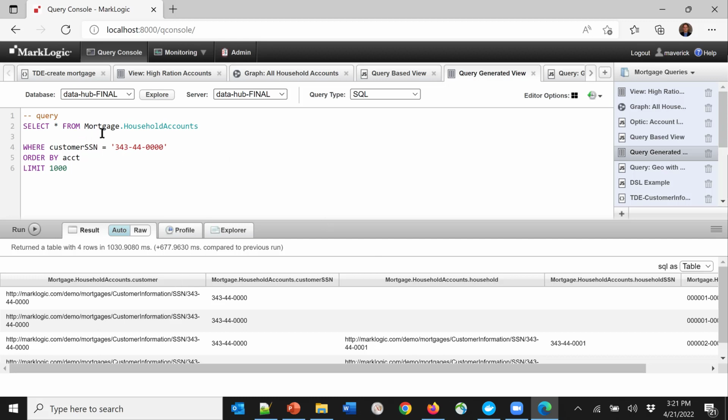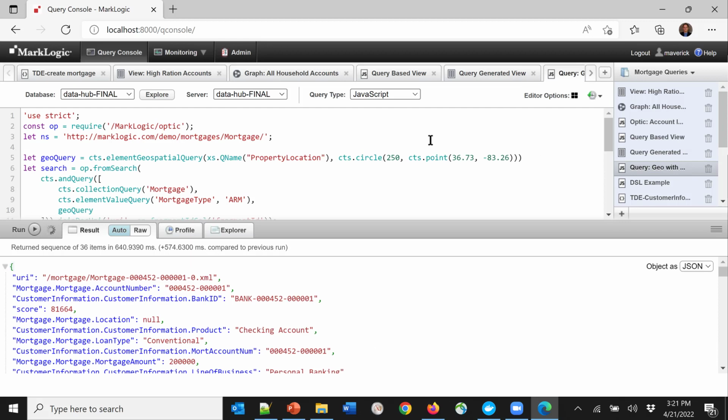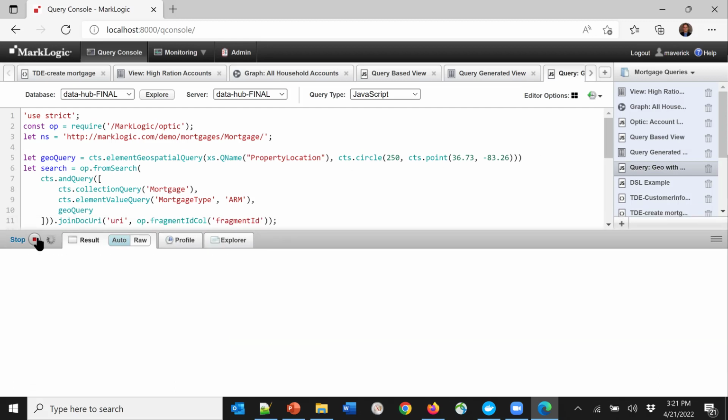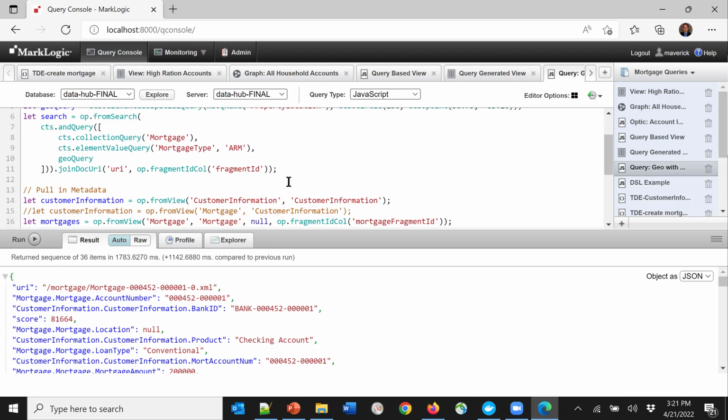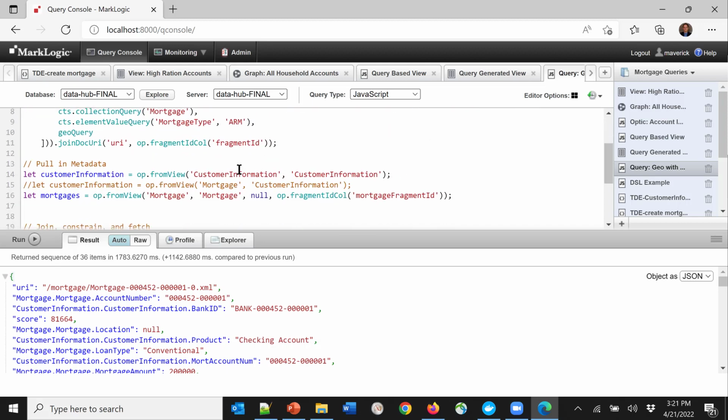And now that you have this SQL view, you can combine that with all your other SQL views. So now geospatial, we haven't mentioned that yet here, but the properties are located someplace. So now this is a query where we're saying, show me everyone within 250 of this geospatial coordinate, and we want to restrict it to mortgages that are of adjustable rate mortgage type. And then we're combining that with our customer information